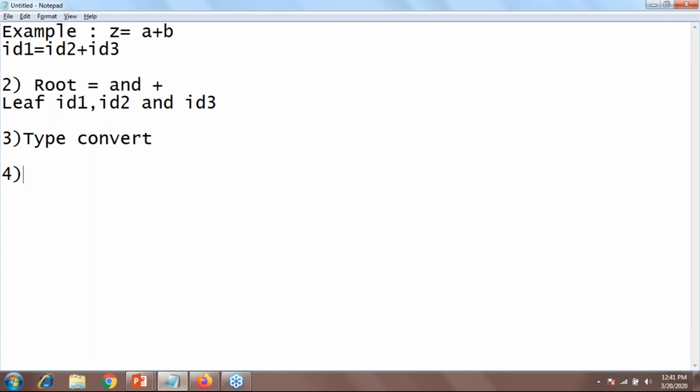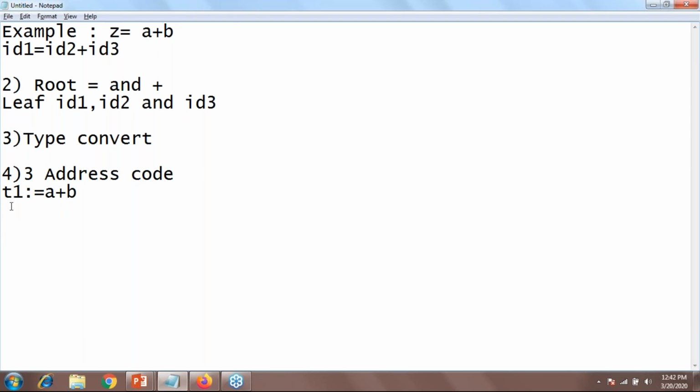So here we will discuss what the three address code is for the given example. The major concern is our a + b. First of all we'll store our answer into the temporary variable T1, the addition of a + b. Now if we write that T2 = T1, this is a totally wrong definition. Why? Because I want to store the answer in the z variable.